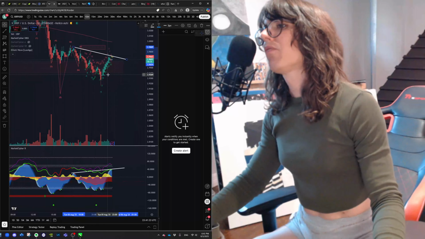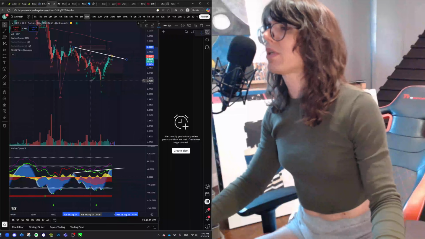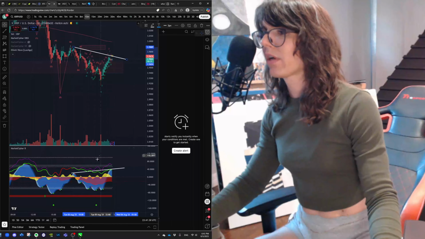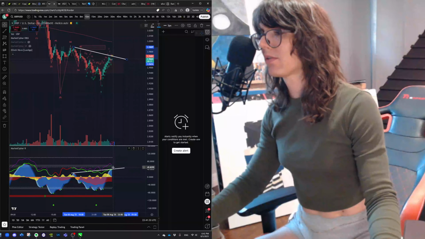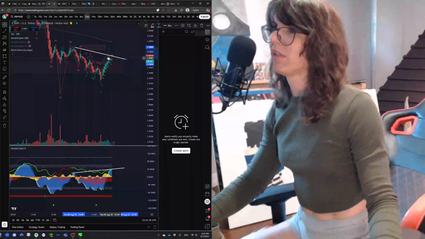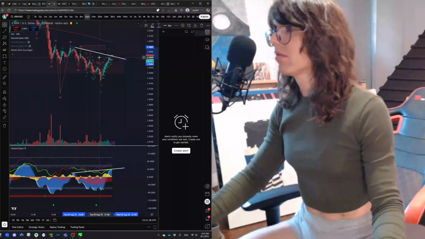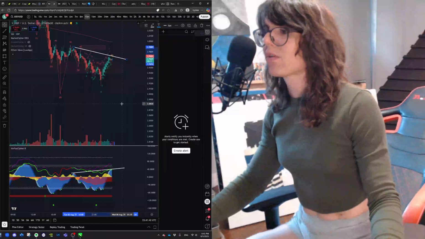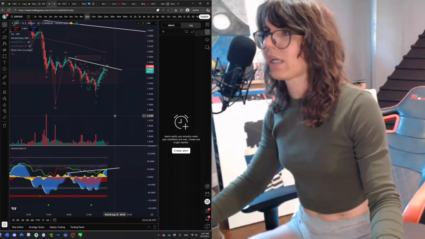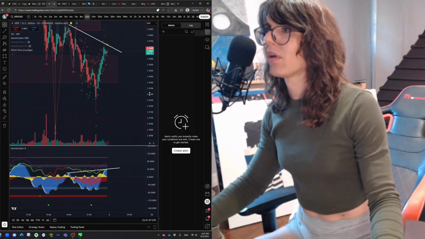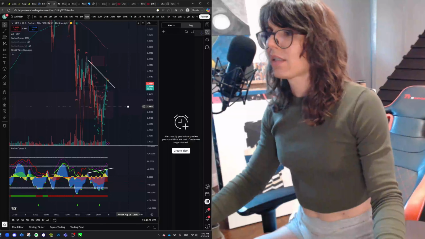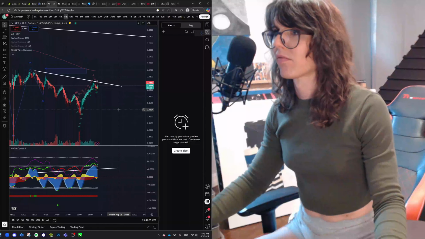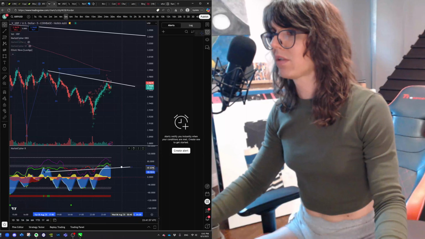Like, if I was in a long position right now, and I caught this, and it came up here, and I'm looking at a bearish divergence, I'd probably get rid of some of it. Just get rid of some of it on the way down. So, that's kind of what I was getting at anyways. And that's on the 10-minute. Let's look at the 5-minute. Yeah, the 5-minute shows the same thing.